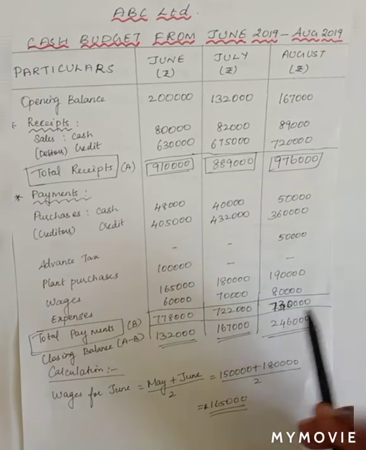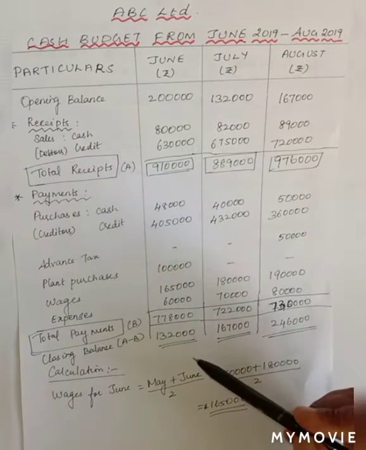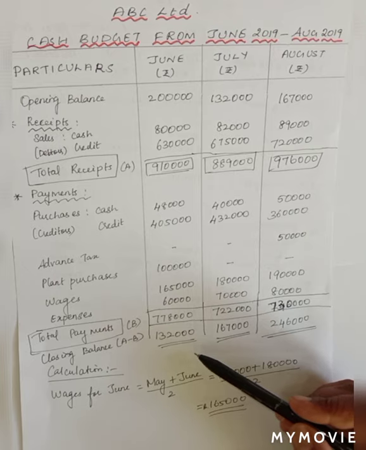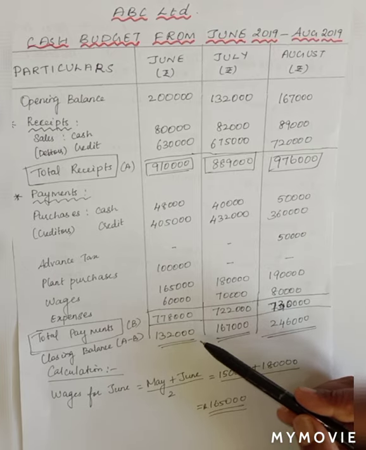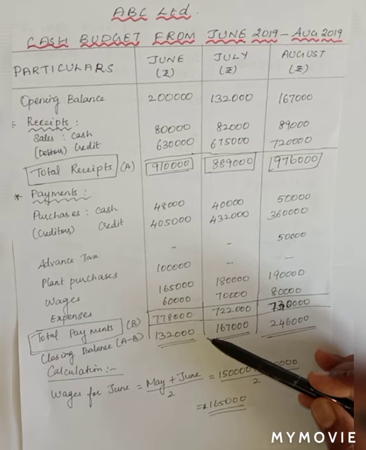Only when you draw up a cash budget, you will know whether you have enough funds to meet the expenses of that month. If it is a negative balance, for example, in the month of June itself, then you will not be able to work out the month of July. You may find it difficult in your cash position. Therefore, you have to make up your deficit here itself. You can go for a bank overdraft or for some other short-term loans. Therefore, you will be able to patch up your deficits here.